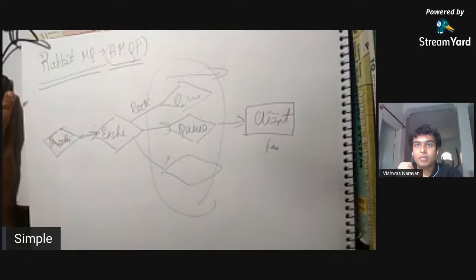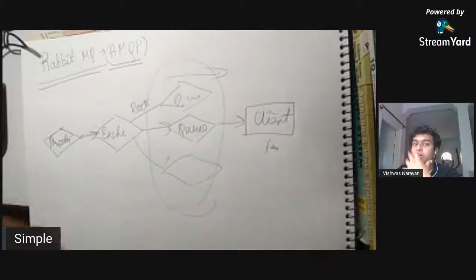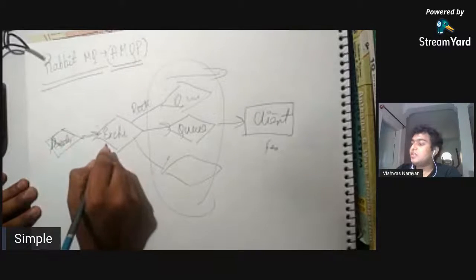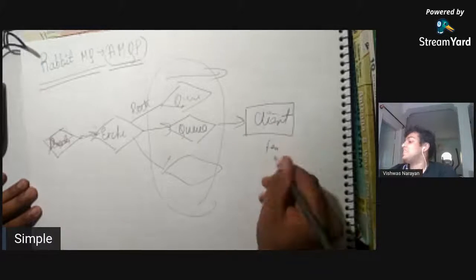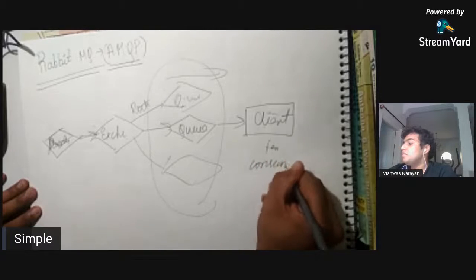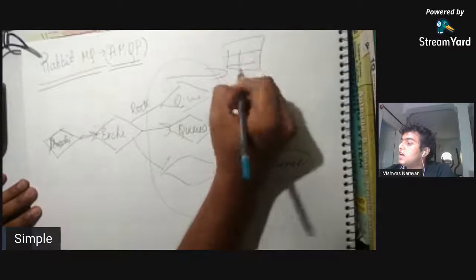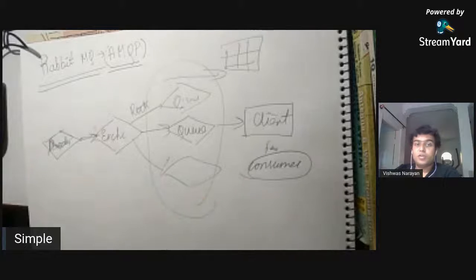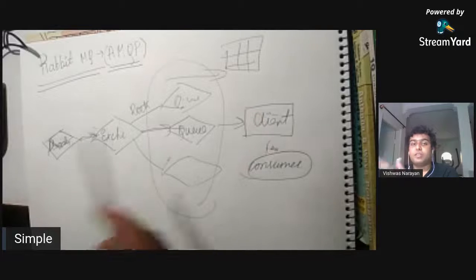You need not worry about what if my message gets lost, or what if there are a lot of scalability issues. So here you have a producer, an exchange, a queue, and a client who is basically a consumer. When you talk of structured data, unstructured data, semi-structured data, all these protocols are involved. The exchange sends the message to a queue, then it is received by a client and processed.